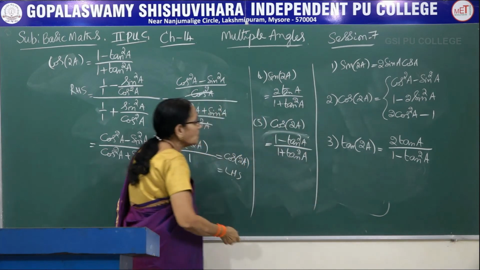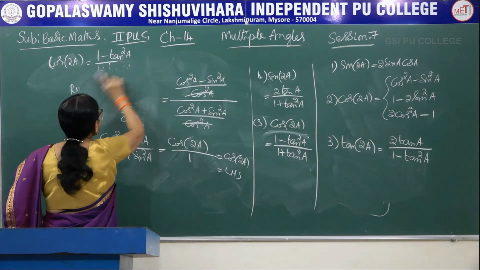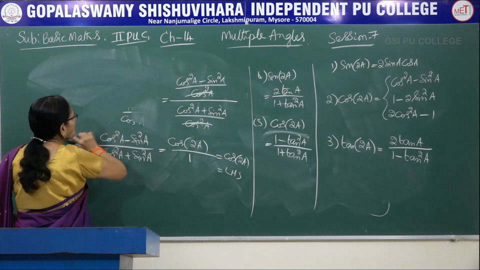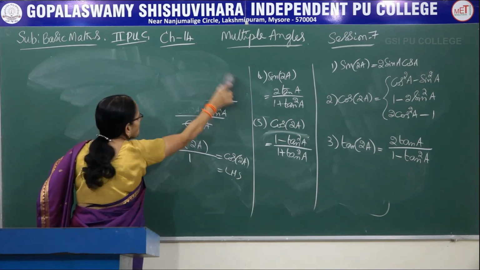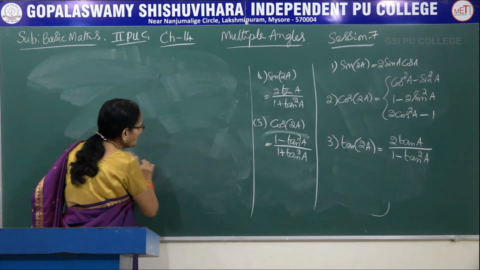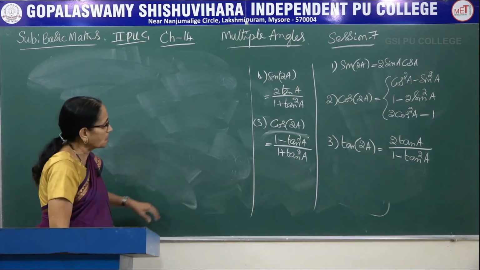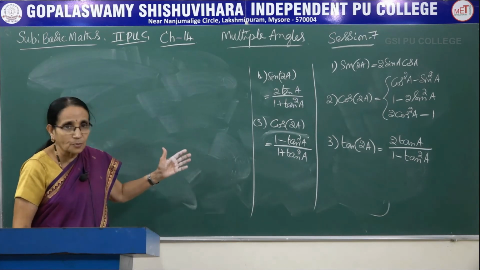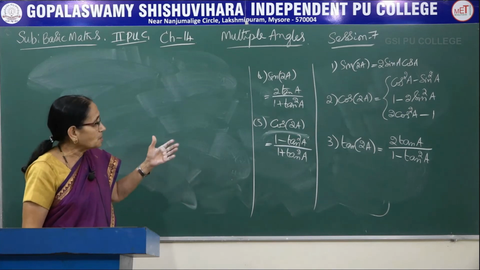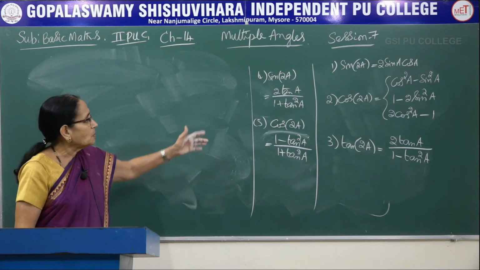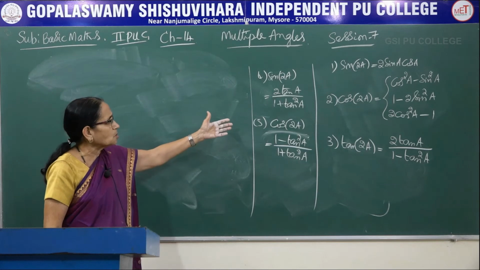So these are the 5 formulae. All these 5 can be expected for a 2-mark question. Any one of them can be asked. The first 3 we take them as formula, fourth and fifth are also formulae, but sometimes they are given as problem also. But these results, wherever you want, you can use.